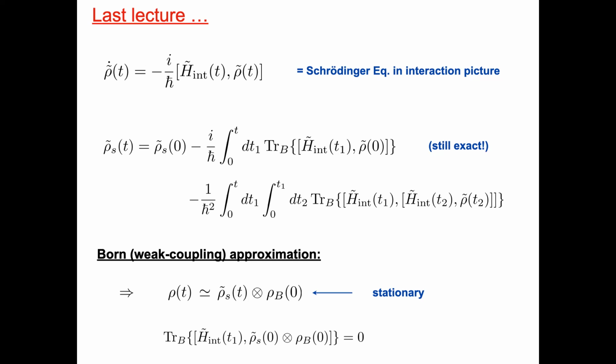Usually this will be either all the modes in a vacuum state or all the modes in a thermal state. In principle it can also be more complicated, but we assume a stationary object: all the modes are independent of time, they're in equilibrium, but the system operator can change. So the effect of the system on the path will be neglected here.